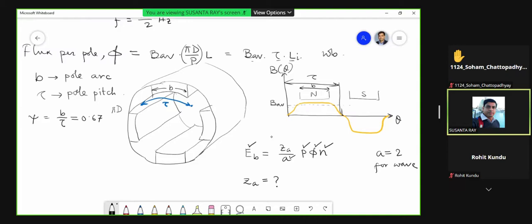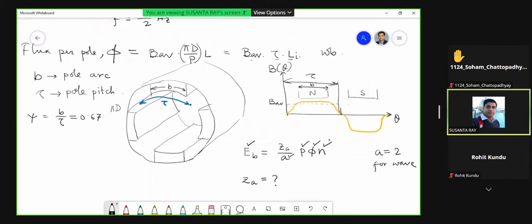So this is the number of armature conductors you want to determine quickly. Sir, for armature conductors, I am getting 390.8. It cannot be a fraction. You have to take the nearest integer. Nearest? 390. 390 you are getting. Okay. 400. 390 is okay. Okay, sir.